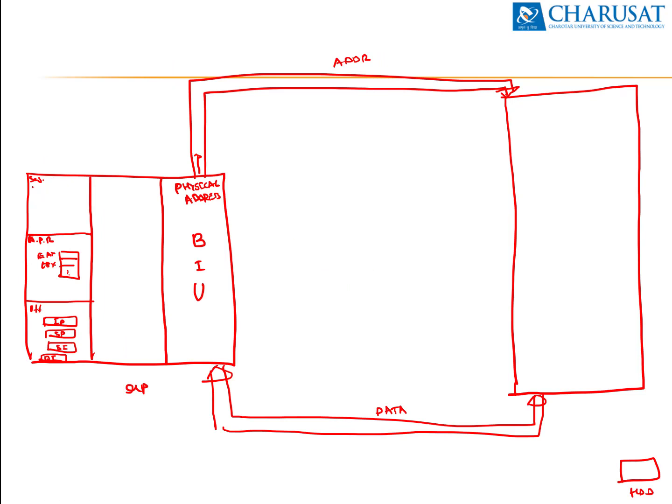The segment registers are CSR, DSR, ESR, and SSR respectively: the code segment register, data segment register, extra segment register, and stack segment register. This portion contains the segment registers, this contains the general purpose registers, and these are the offsets. In between, we can consider segmentation and paging. First comes segmentation, then paging.